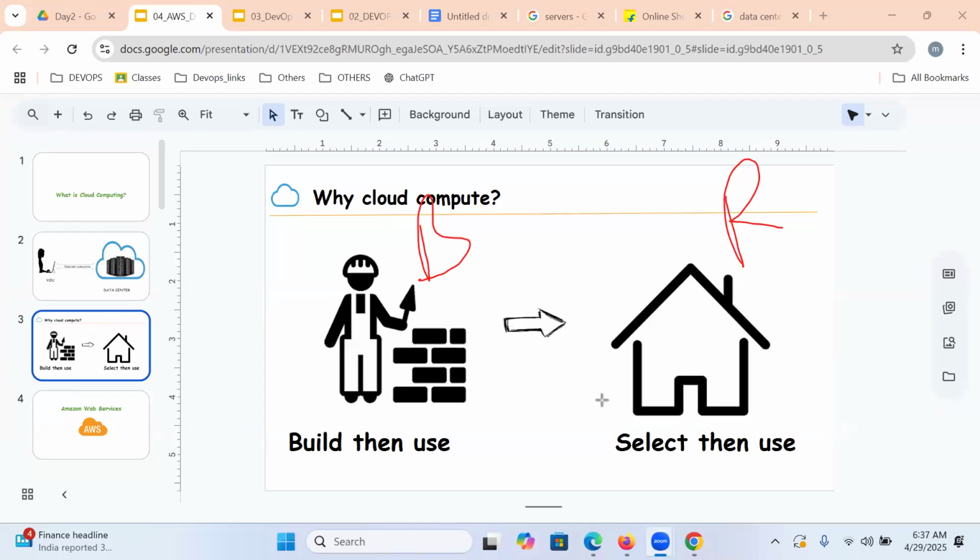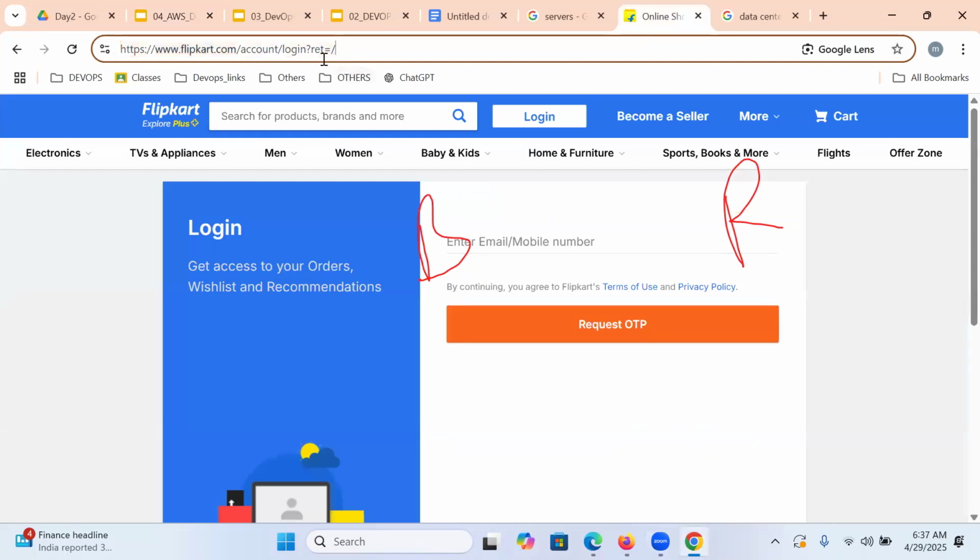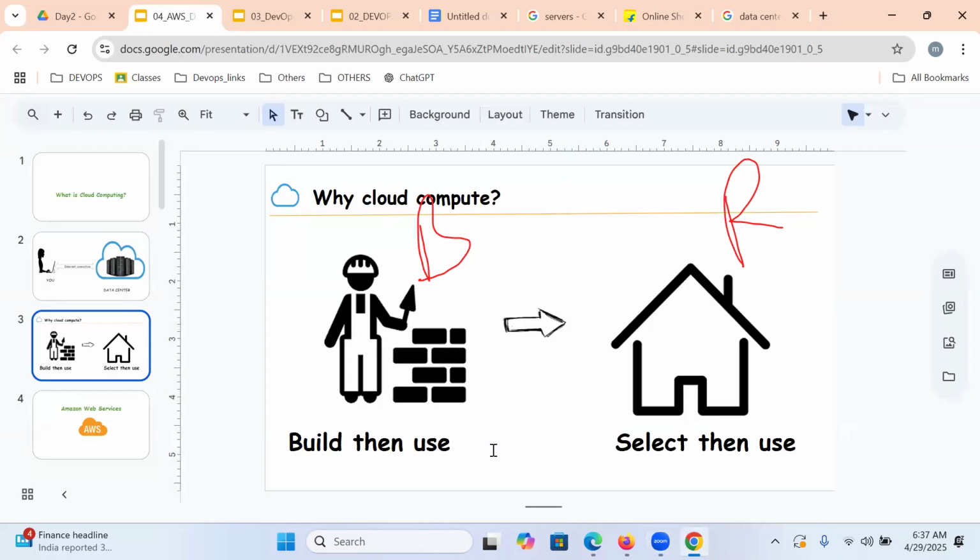The same way, for deploying our applications, whatever kind of infrastructure we require, we can get it from cloud on a rental basis.